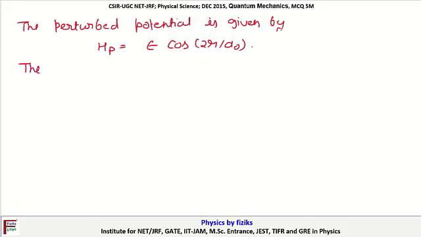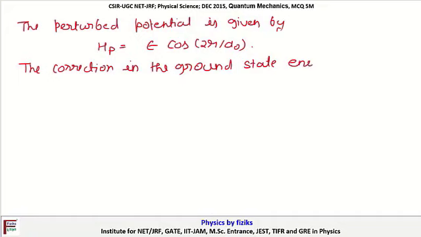The correction in the ground state energy is given by